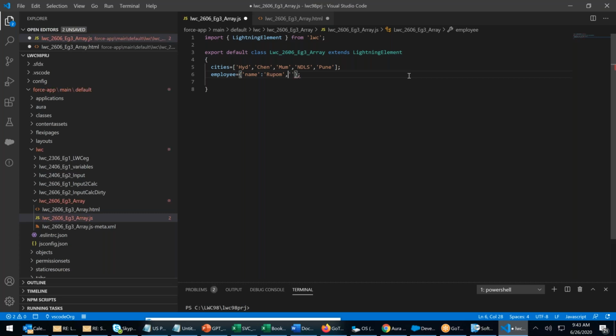Age, colon, value is 35, comma. I will say city, colon. All the text should be in quotes. Hyderabad, comma. Salary.